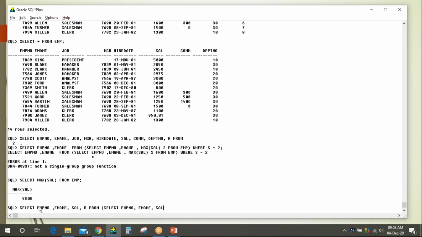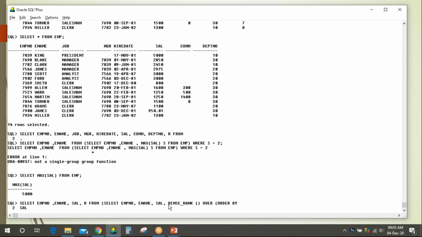You are calling all the columns from this table, to make sure at least all these columns are written here. You can write more columns, but at least that many columns have to be there. DENSE_RANK() OVER (ORDER BY sal DESC), since you are checking with the highest salary, so descending. You are calling the function as R, taking this as alias R from EMP, where R is equal to 2, right? Second highest,